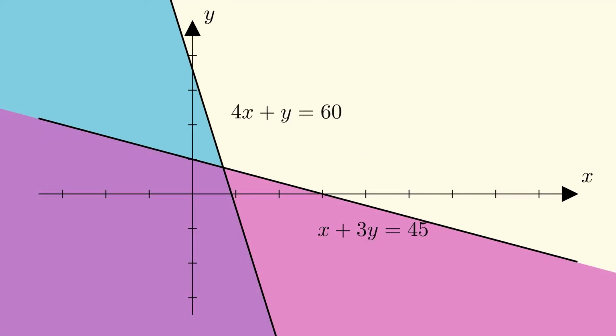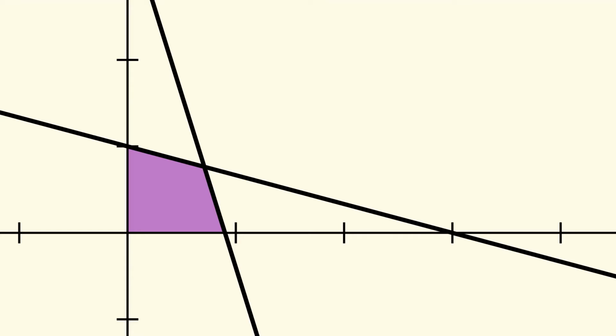Now we want those points that satisfy both the first and the second constraint. That is, they must lie in the graph of both the constraints. So the region formed by the overlap of both our constraints gives us the feasible solutions. And the number of minutes of something obviously cannot be negative, so we restrict ourselves to the first quadrant. And that's it. We have found the complete set of points that satisfy all of our constraints, using just a very simple observation. I'll be calling this area of feasible points our feasible area.